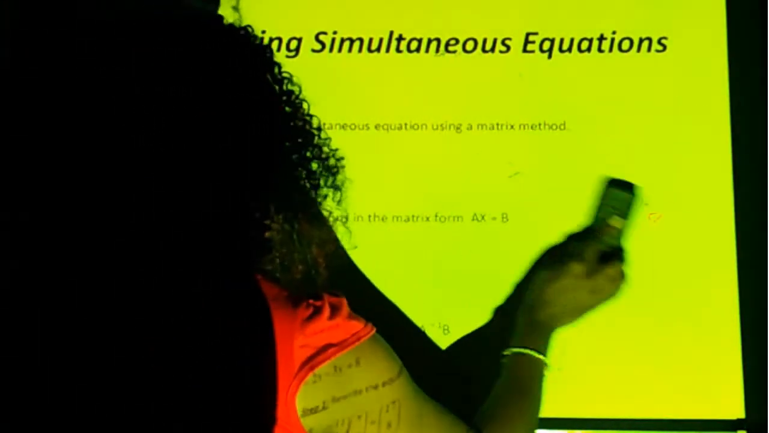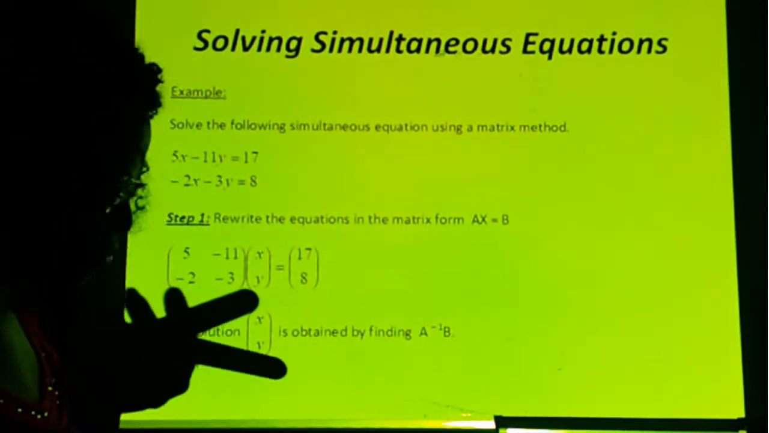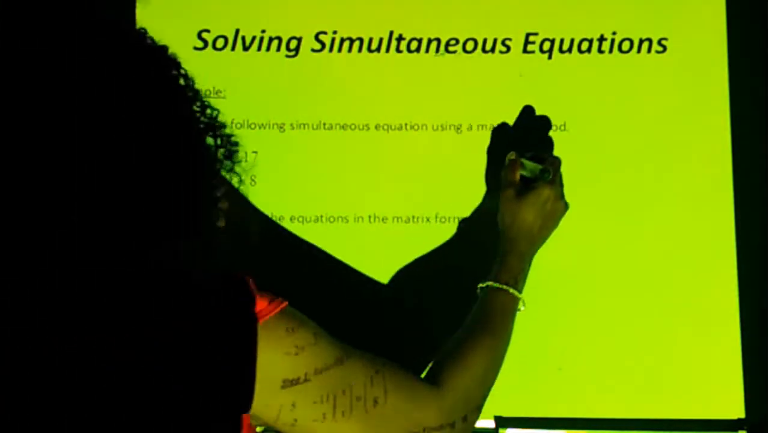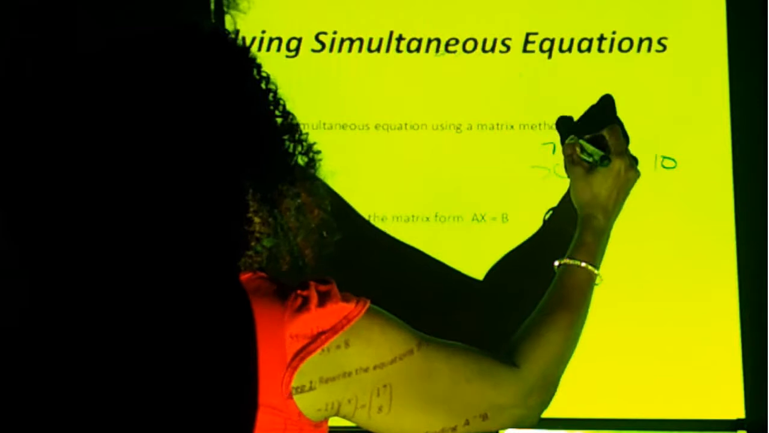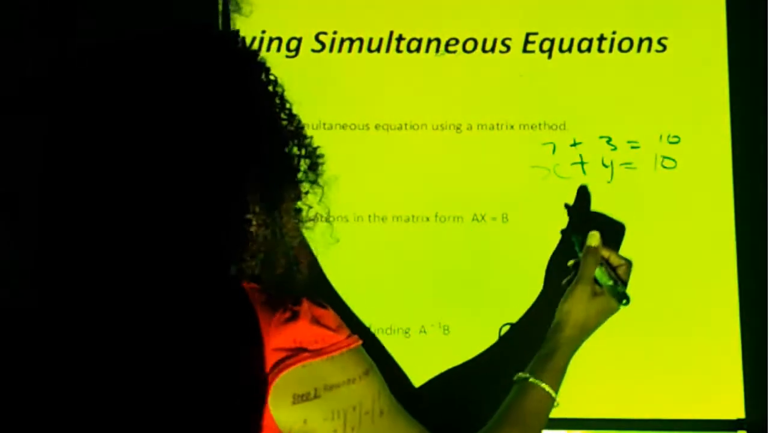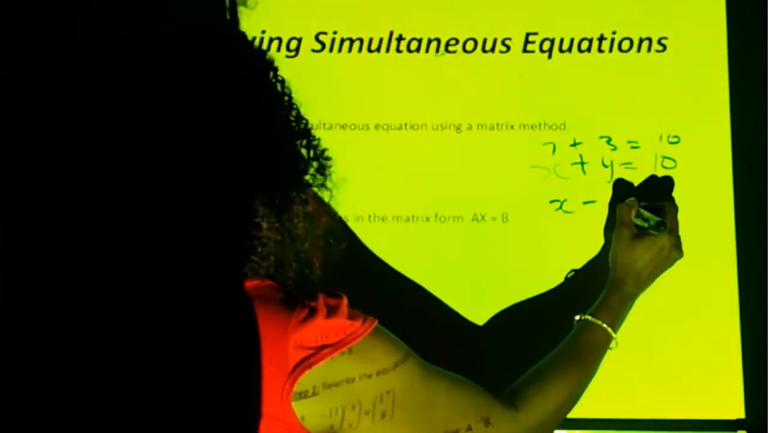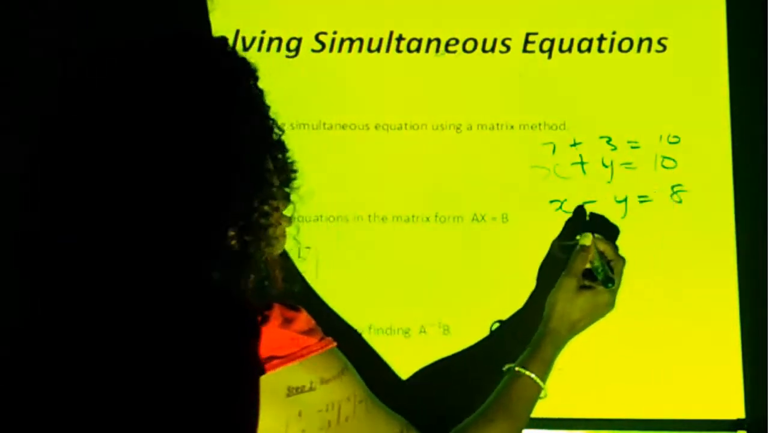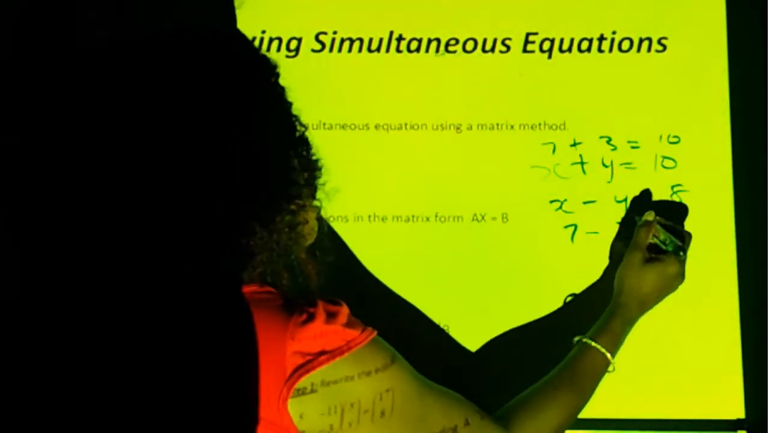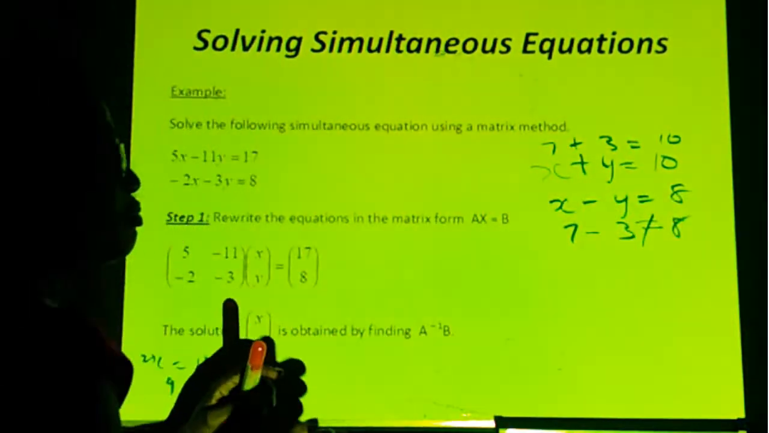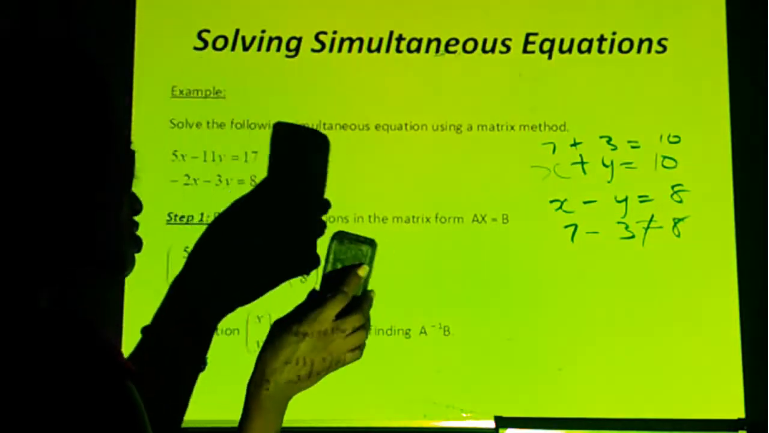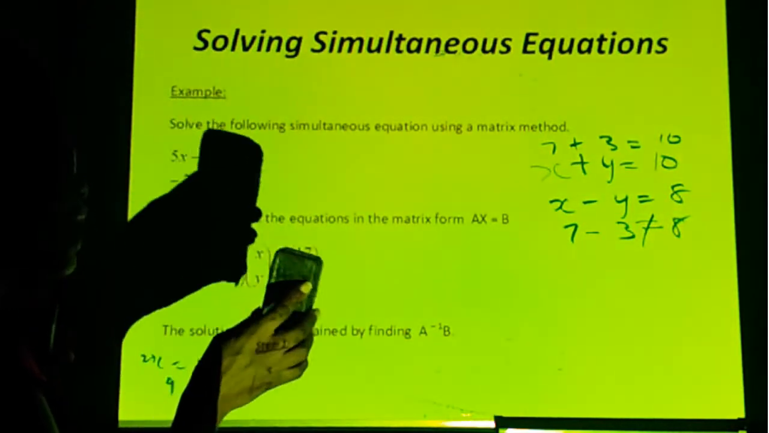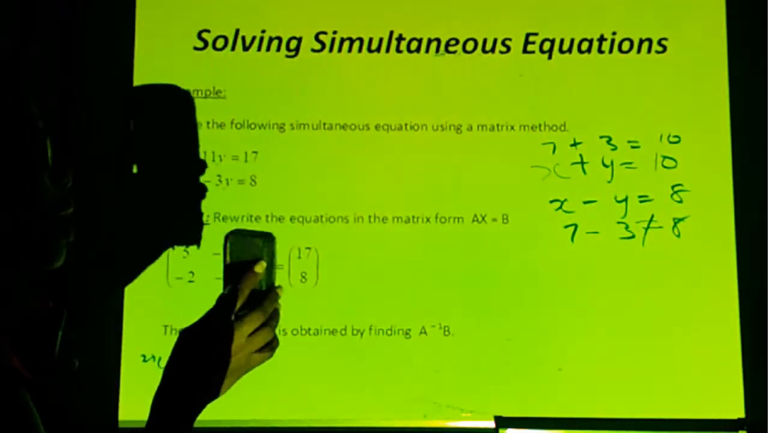Because 7 plus 3 is equal to 10, that's for sure. 7 plus 3 is equal to 10. But 7 minus 3 is not equal to 8. So the value of x has to be 9 and the value of y has to be 1